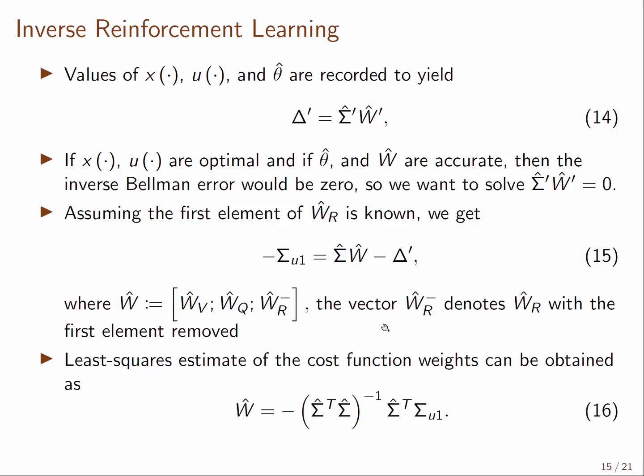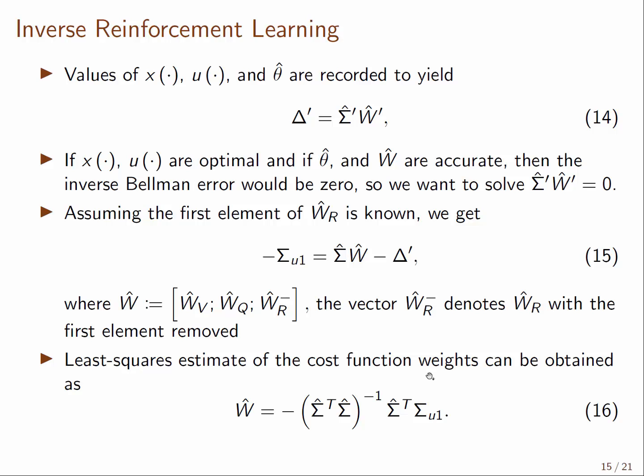Now similarly as before, we're looking for a solution of 15 so that delta prime is 0. So we want to find values of w hat so that sigma hat w hat is equal to negative sigma u1, and that is a least squares problem whose solution is given by this expression in 16 here, just using the pseudo inverse. Now this works, but the problem with this is that the inverse Bellman error delta, which here